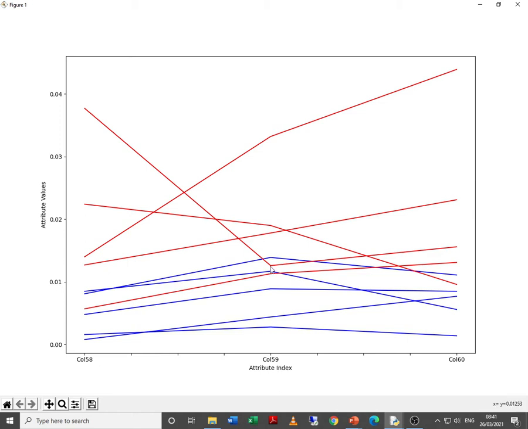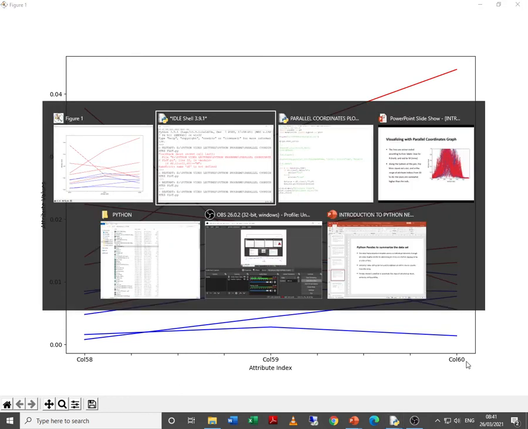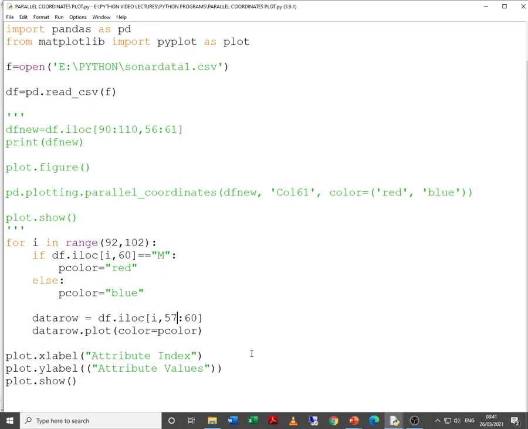For the next attribute, the value is somewhere over here, and for the last one it is somewhere over here. So you can see basically it's almost like lines that are being drawn, but because here we are looking at only 3 columns and only few records, how can we say that? Just try to observe over here, 92 to 102, so 10 records and only this many columns,